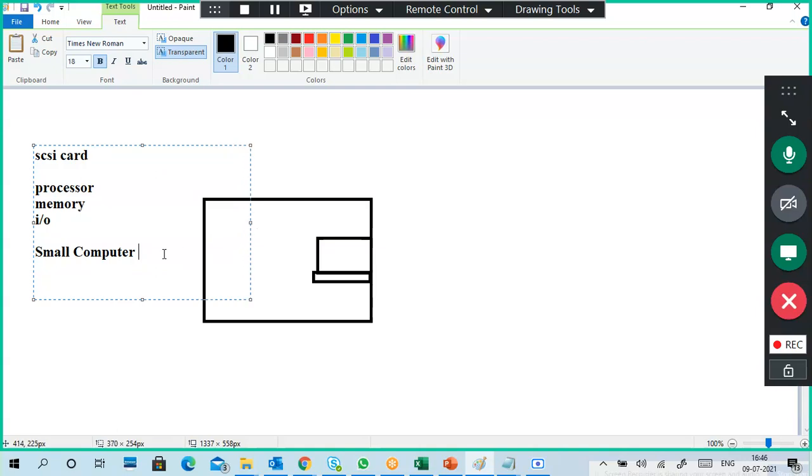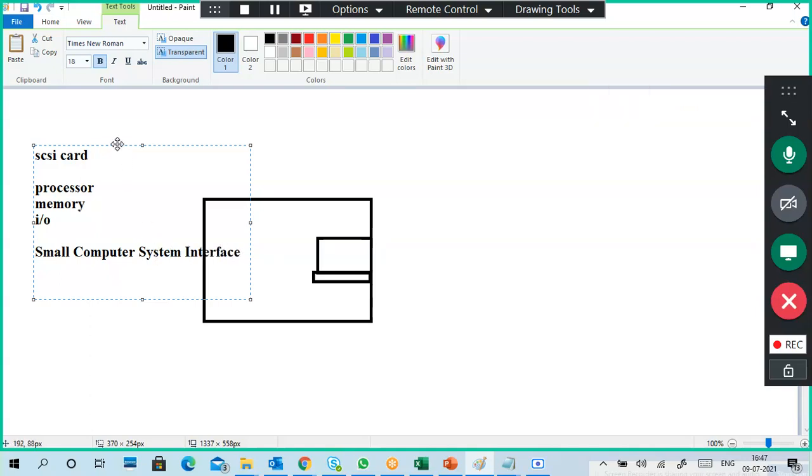Compared with nowadays technology like mobile phones and other things, we have a lot of stuff. The board contains a processor, memory, and IO controllers, so that's why we call it a computer, but it's not a complete computer, it is a small computer. And it is not a direct mode, it is an interface to our system. It is an interface card, not a direct motherboard, right? It is an interface to our motherboard, so it is called a system interface.